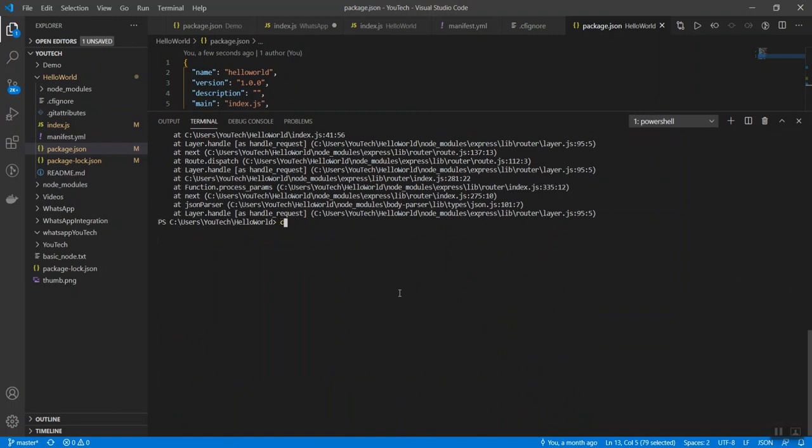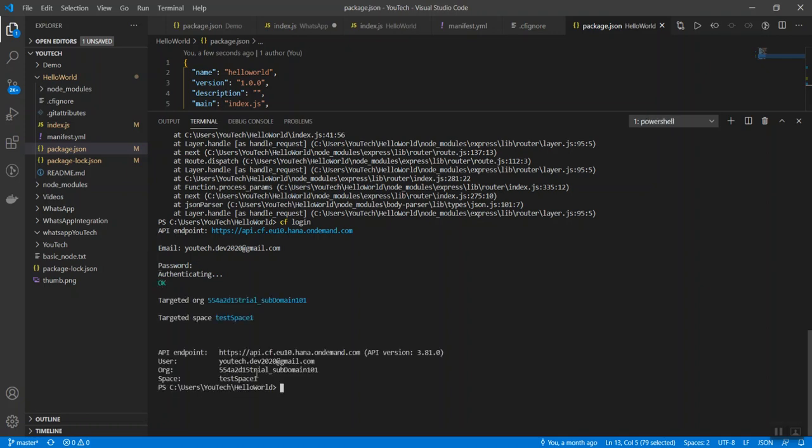So what we have to do now is see how to deploy this application to our Cloud Foundry environment. So we run cf login. It will ask us to enter the API endpoint and credentials as well. So I can use my credentials. This is just for deployment purposes, guys. You can ignore this part as well if you want. Once you enter your username and password, it will be ready to deploy. So I am deploying now with cf push.